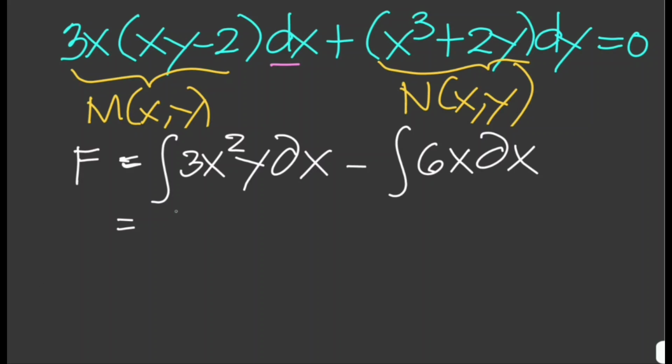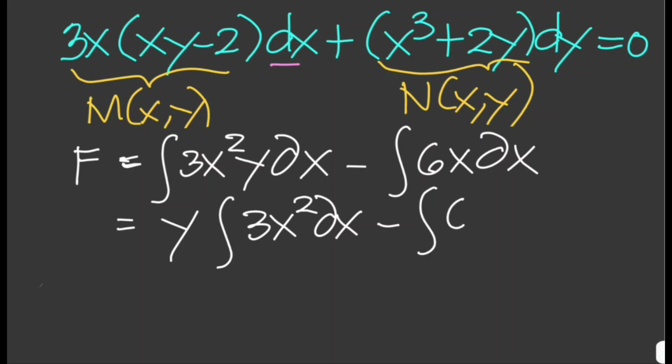So we can factor out 3x squared, and this would become the integral of y. I meant y. So we can put y outside, and this would become the integral of 3x squared dx